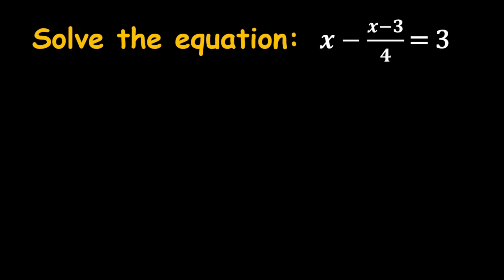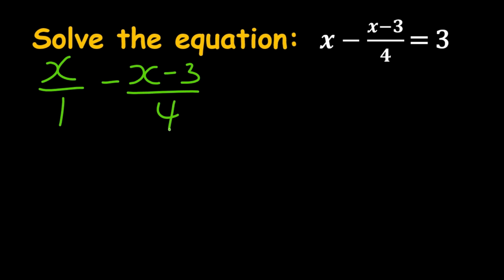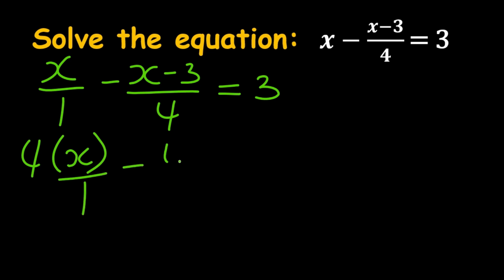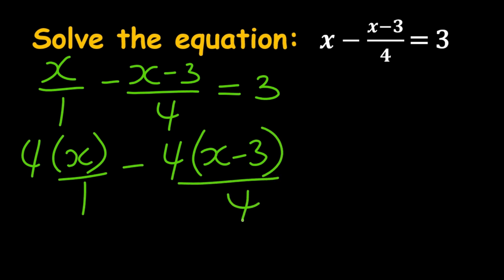To solve the given equation, let's rewrite the equation as x over 1 minus (x minus 3) all over 4 is equal to 3. Since the denominators are 1 and 4, the LCM of 1 and 4 is 4. So to eliminate the fraction, we multiply both sides of the equation by 4. 4 times x over 1 minus 4 times (x minus 3) over 4 is equal to 4 times